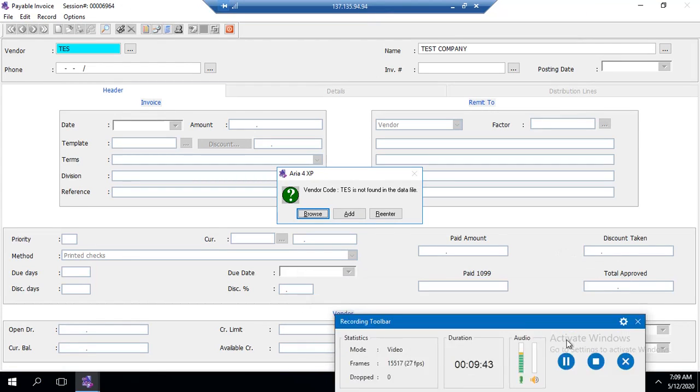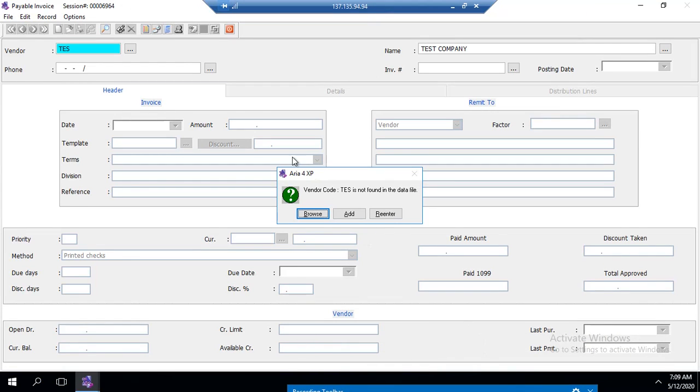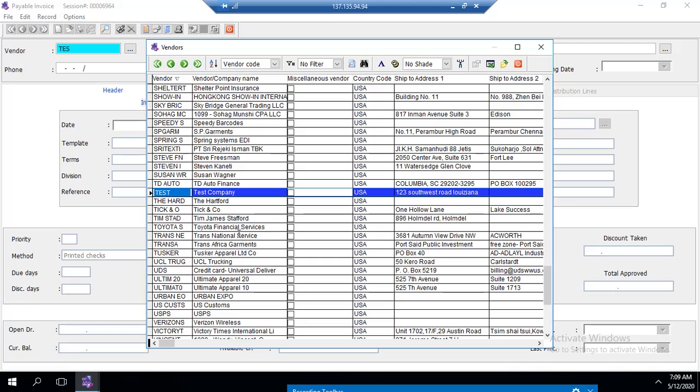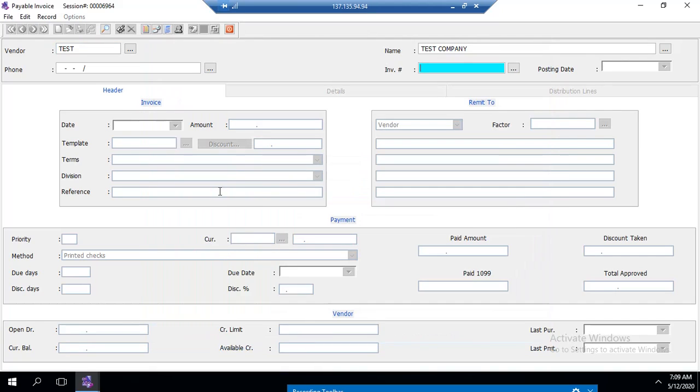Okay, so as I was saying, I'm gonna choose to browse. You have here the filter on the vendor code, and it has selected the company for you, so you can double click on it. Here you're gonna enter the invoice number. For example, we are gonna enter by today's date, and